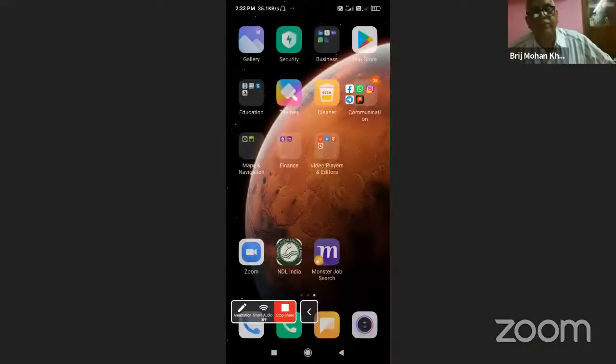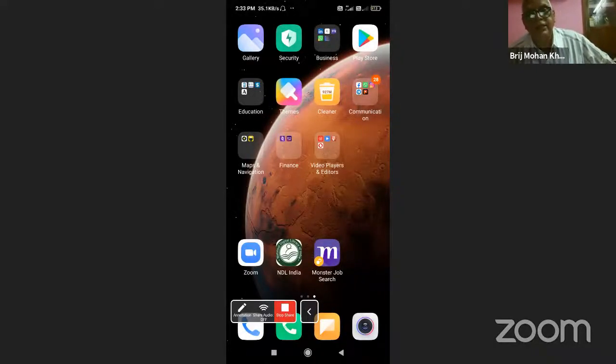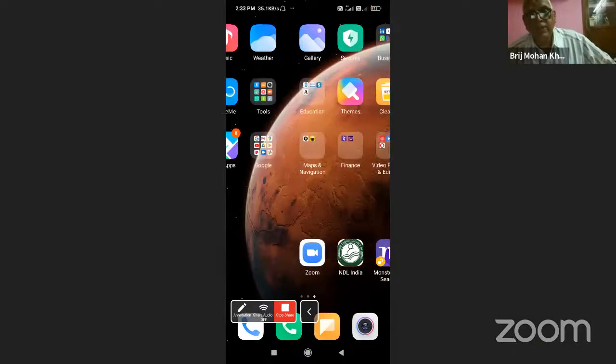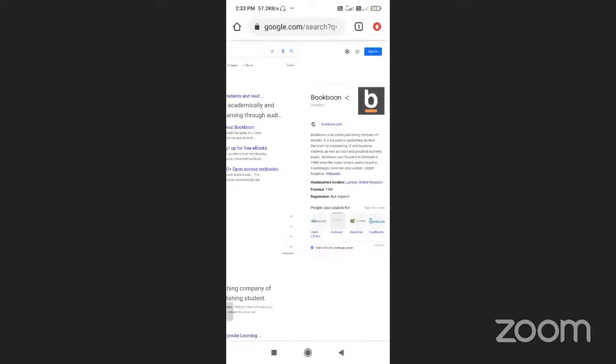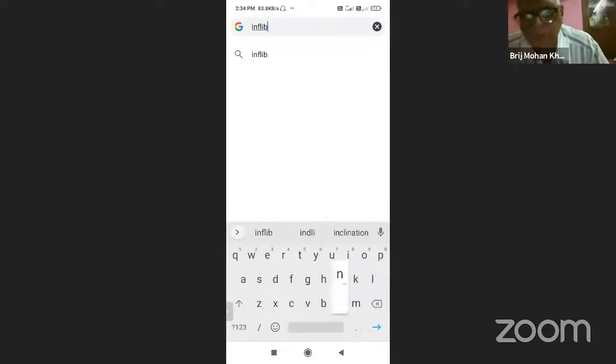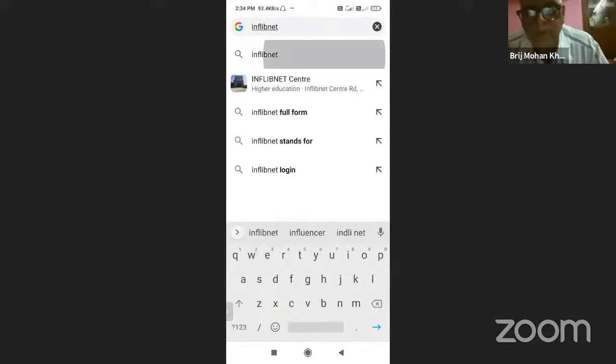After that, if you see on the top left, under Resources, IndCat will come. IndCat. And in that, a window will come where you can search the OPAC.